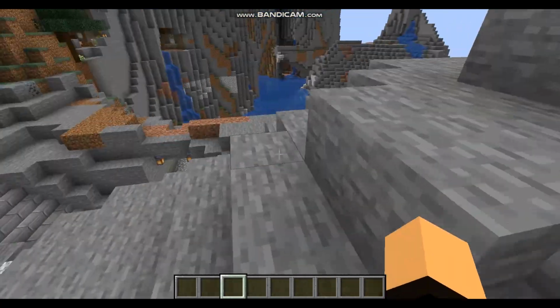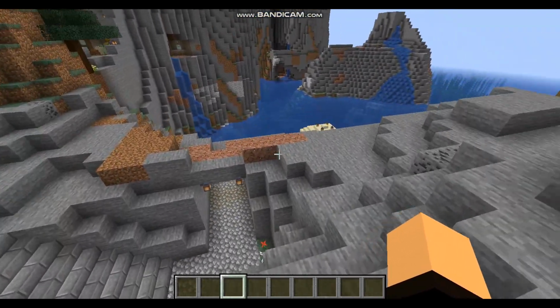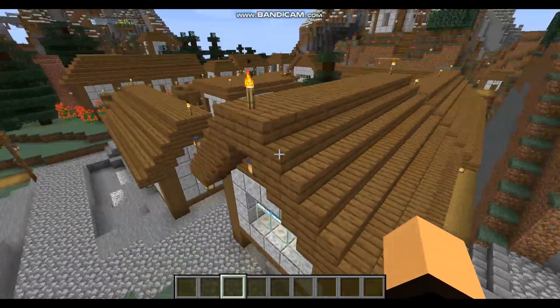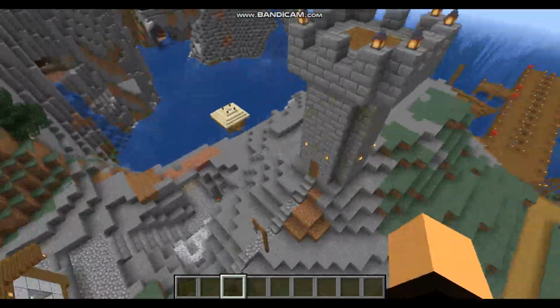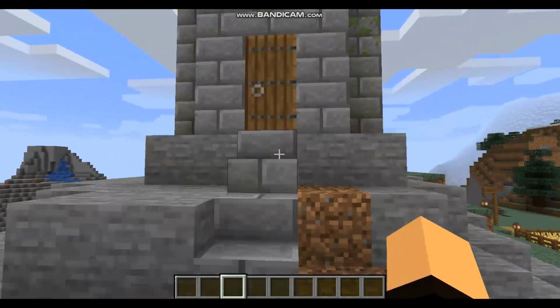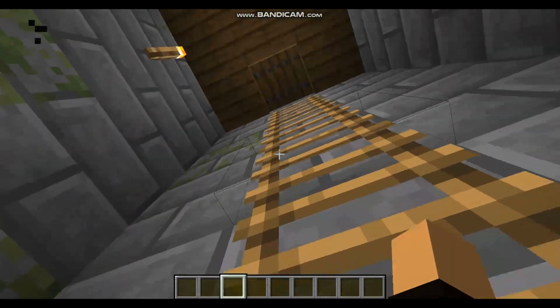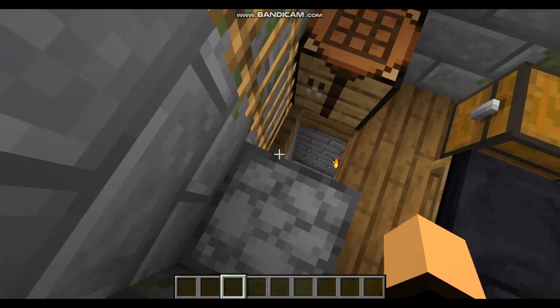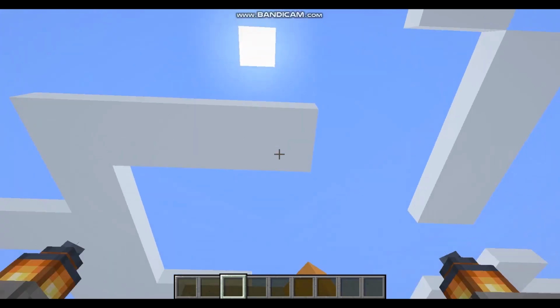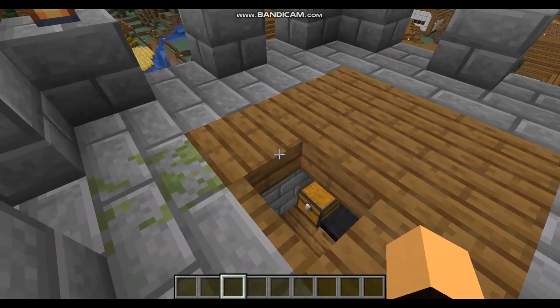I built this Watchtower again. This was a completely barren piece of rock. All of this rock was already here, and I just kind of worked with it. This is a guard tower. There is a small living quarters for whoever is stationed here. And up top,